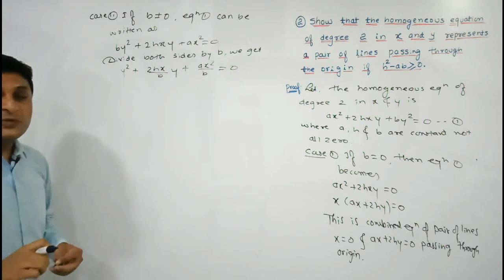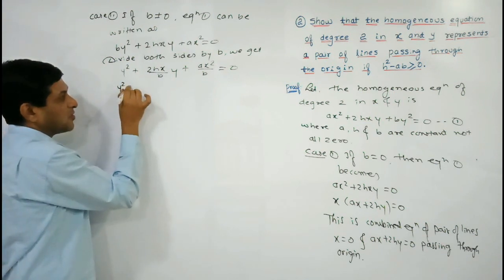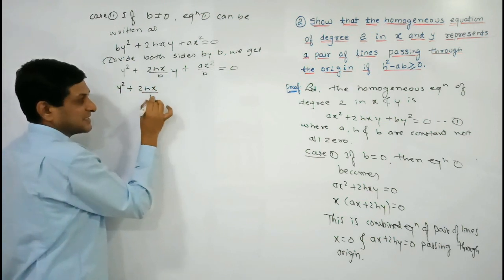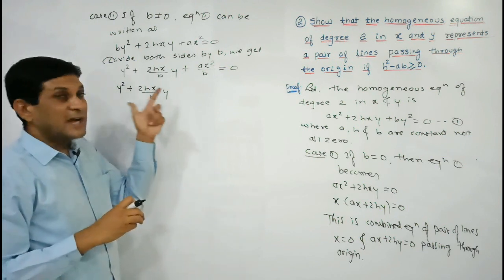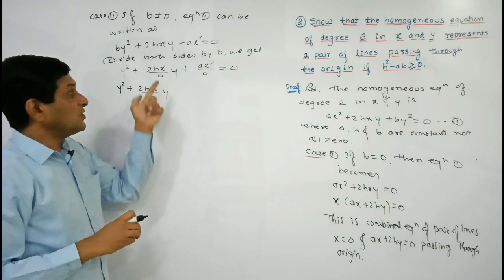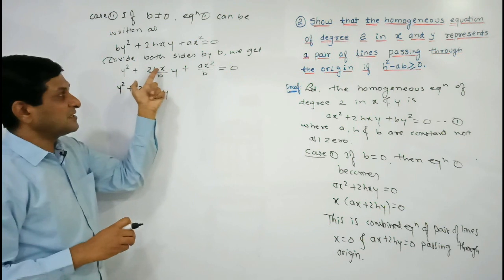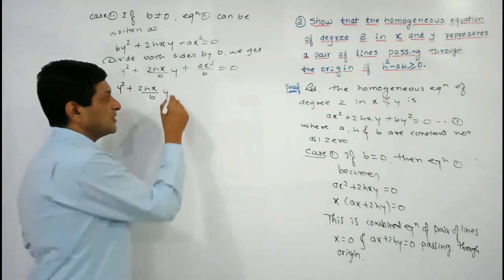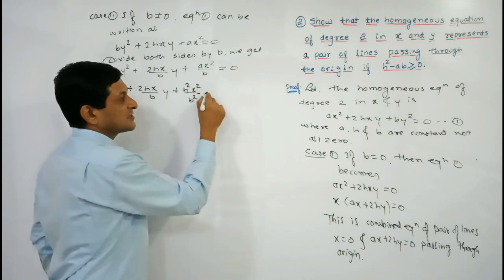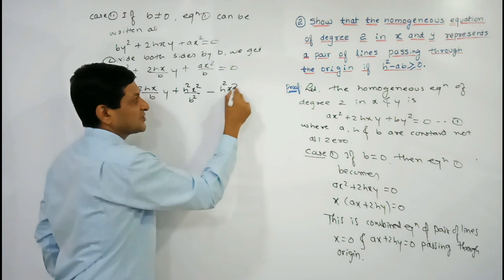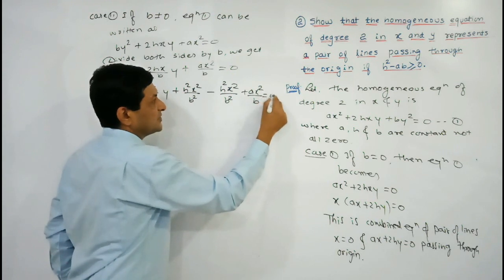So now we are trying to complete the square. Already you have studied quadratic equations in your earlier classes, isn't it? So here it is a quadratic equation in terms of y. To complete the square, we are adding the square of half of the coefficient of the middle term. Here this is the middle term, if we take half, 2 will get cancelled, the remaining term is hx upon b, so its square is h square x square upon b square. Since we are adding this term, we are subtracting this term h square x square upon b square. Keep the last term plus ax square upon b as it is.